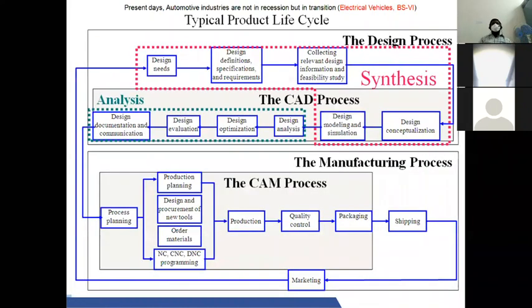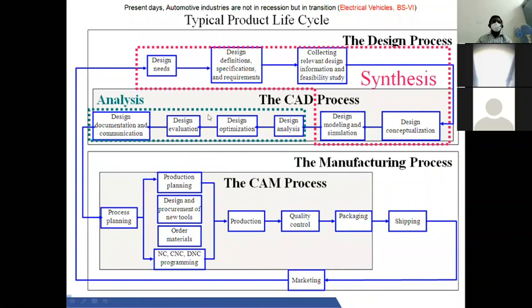So this is a common question in your university also, or end semester examination also. If you look at it, this is a product life cycle. It involves 2 major activity. Number 1 is design process. If you can look at this box is referring to design. This design process consists of 2 subsets. One is synthesis. If you look at this, synthesis, and the next part is analysis. You go through this cursor. This is analysis. Once this part is over, you have to manufacture the product.